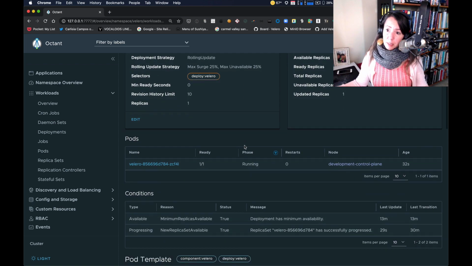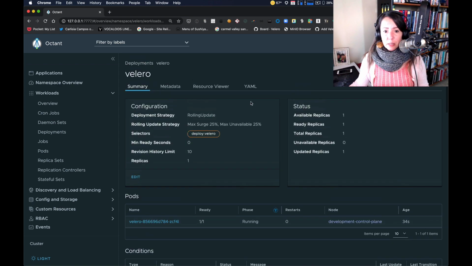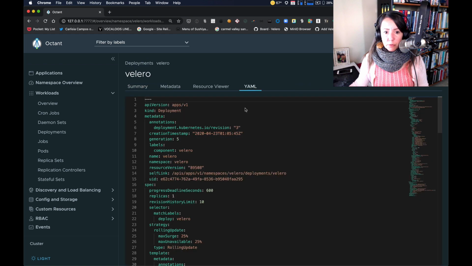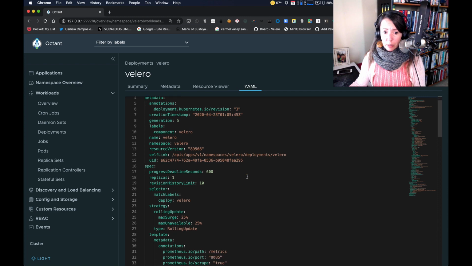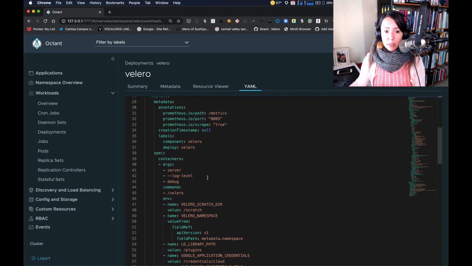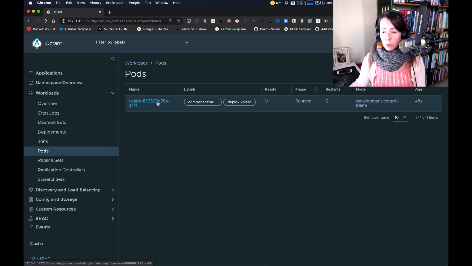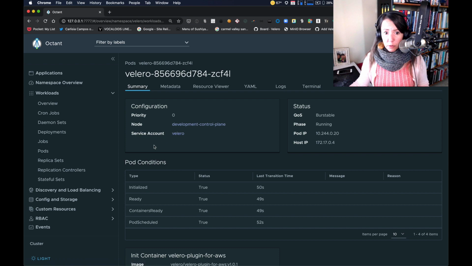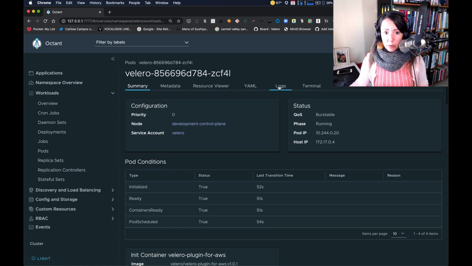Just for fun, I want to look at the YAML for Velero from within Octant, which should look exactly the same. It should contain the change I just made, and here it is. All right. So now I'm going to go to pods. This is going to be a new pod because the deployment was changed. I'm going to go to logs,